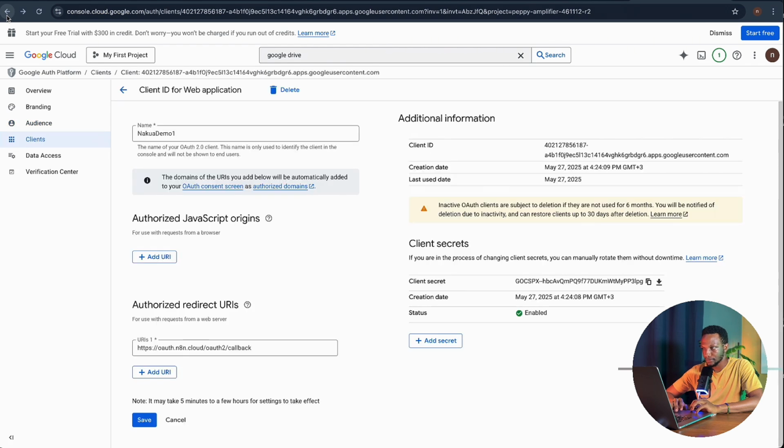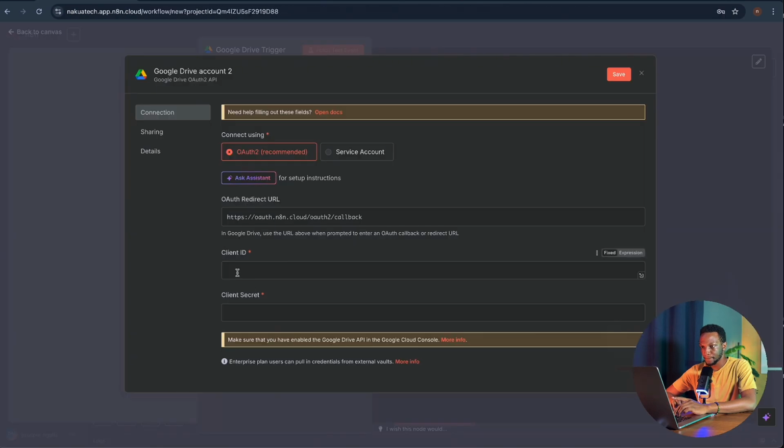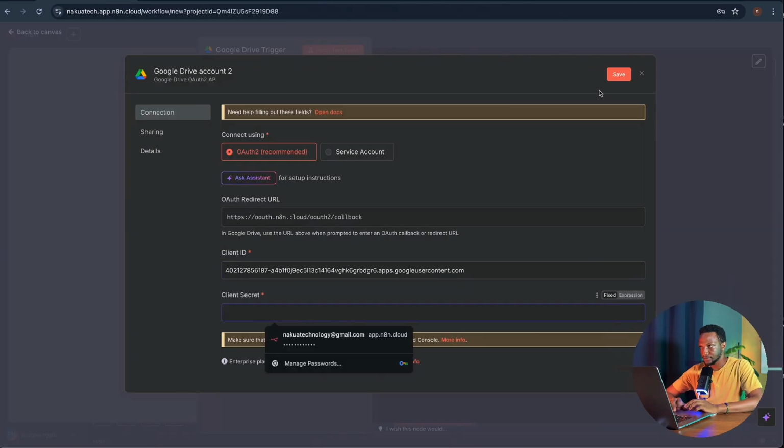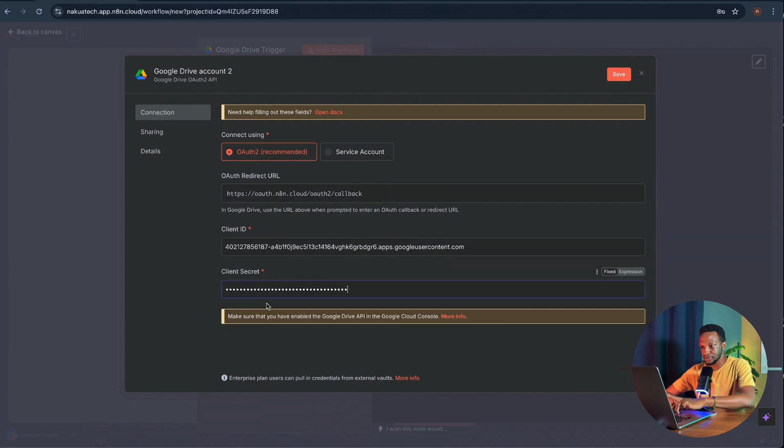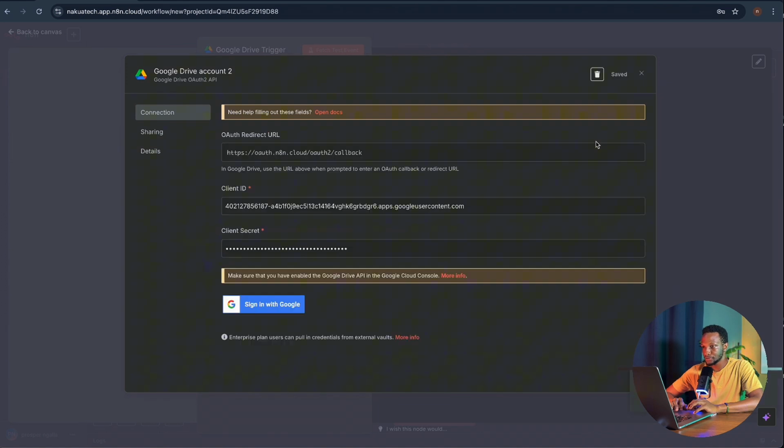So anyways, here is the client ID, guys. I will definitely delete this after I'm done with the video. So don't think, oh, this guy is showing this information. I'm going to delete all of this, guys. Let's save. It's saying credential successfully created, and now we can